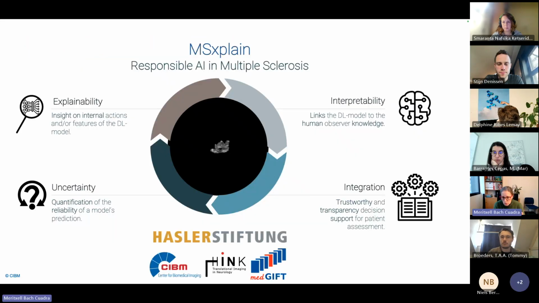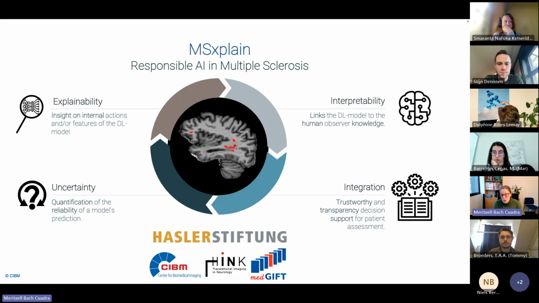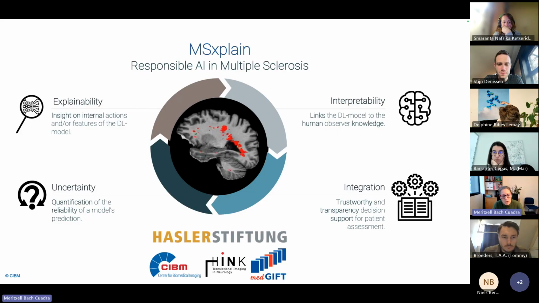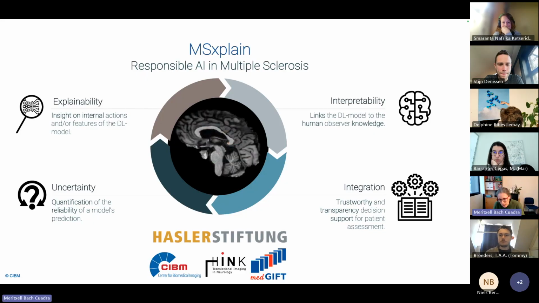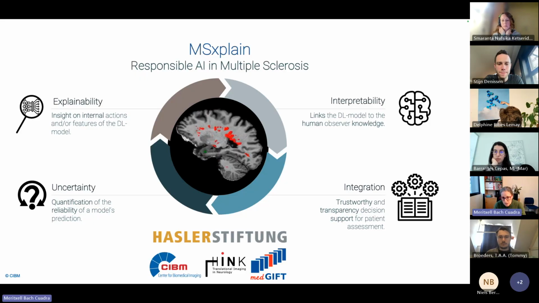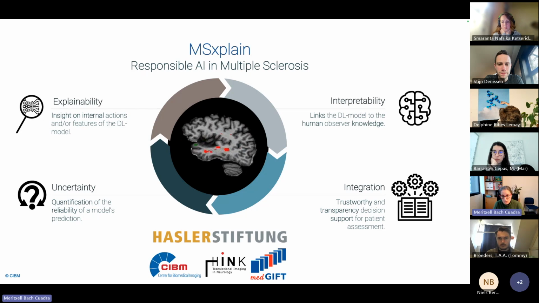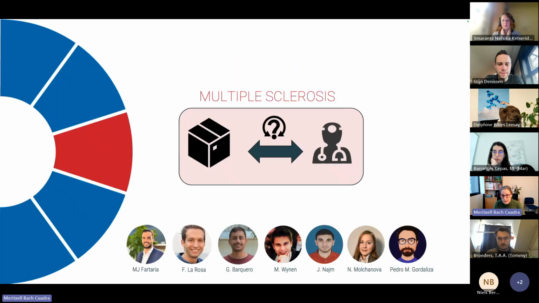And what I wanted to present today will be mostly in the context of MS, because we are in this journal club. What we have been exploring in the last 4 years, now we are concluding the project, is a little bit of these core principles of trustworthiness in the context of assessing the progression of MS disease patients through MRI. I will only talk today about the uncertainty. And this is the team I want to credit that has participated in the last 4 years on this